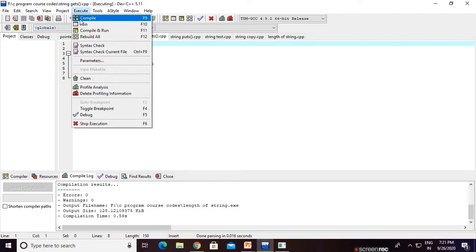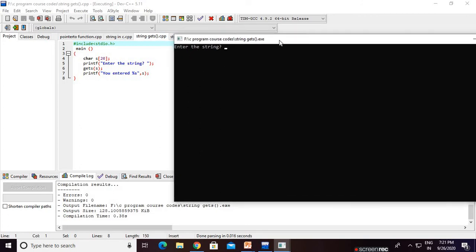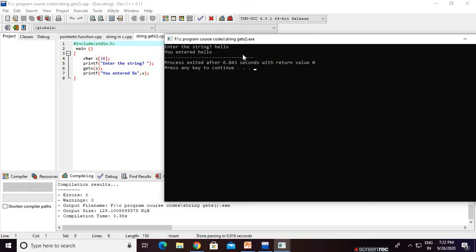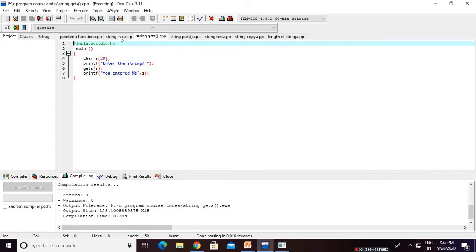Click on execute, then compile, then run. This is the code for gets and puts. For example, I enter hello, string hello. You enter hello, successfully printed. To enter the string, we use the inbuilt function gets.